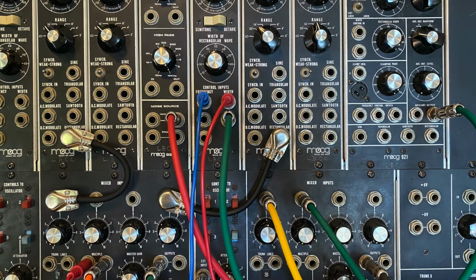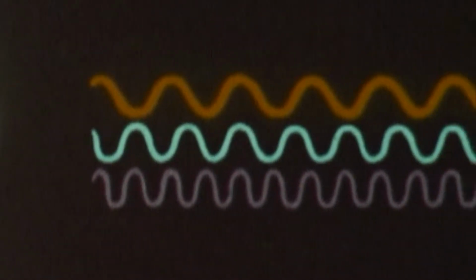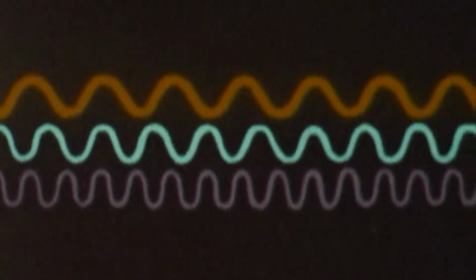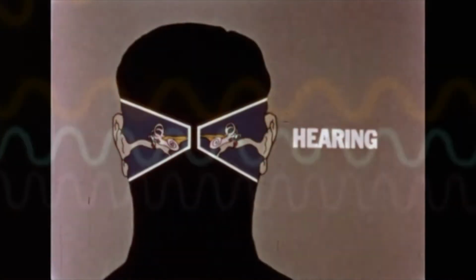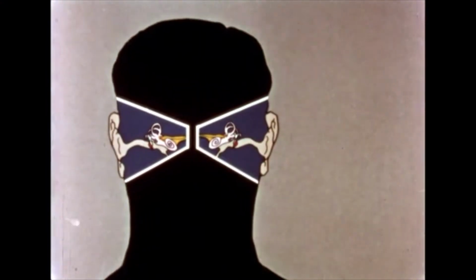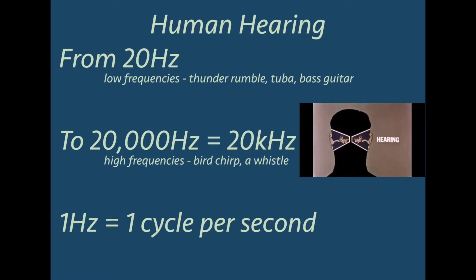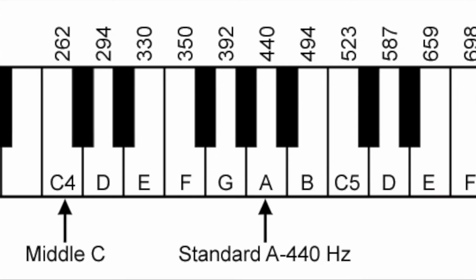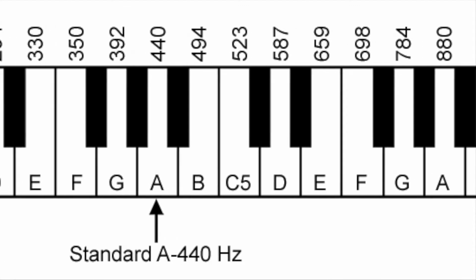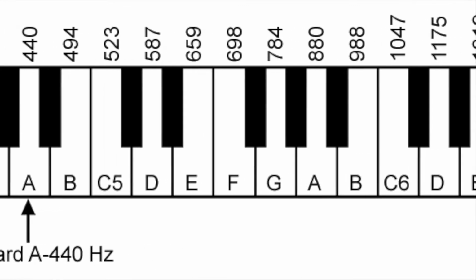To explore these new functions further, let's turn to the synthesizer. On this particular synthesizer, I can create a few different sine functions that we will be able to hear. There are two things that we will need. The frequencies will need to be high enough for our ears to detect them. This is possible for frequencies between 20 Hz and 20,000 Hz, which is the same thing as 20 kilohertz. Hertz stands for 1 cycle per second, so 20 Hz means 20 cycles per second, and 20,000 Hz means 20,000 cycles per second. These frequencies will relate to the pitch of the note that we will hear. Different frequencies have different pitches, like different keys on a piano.